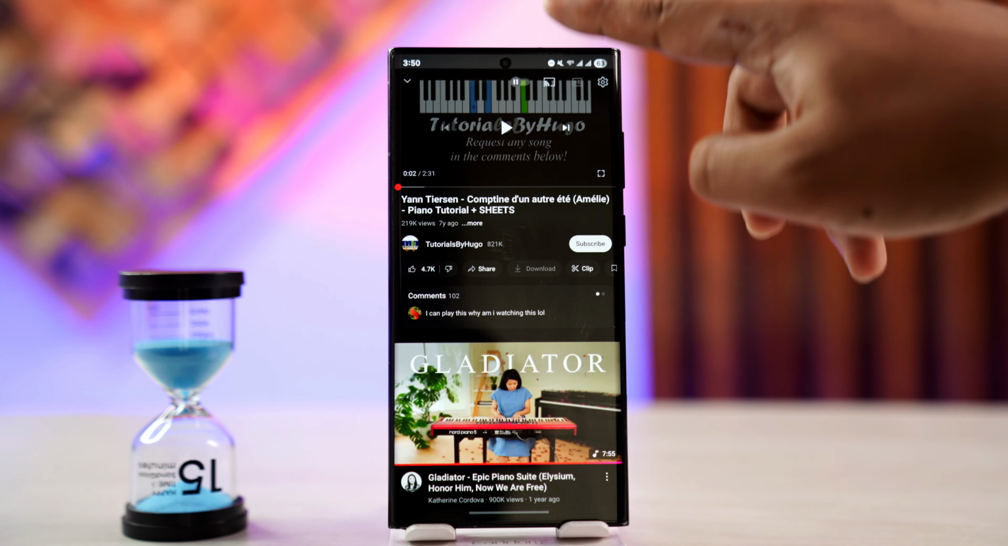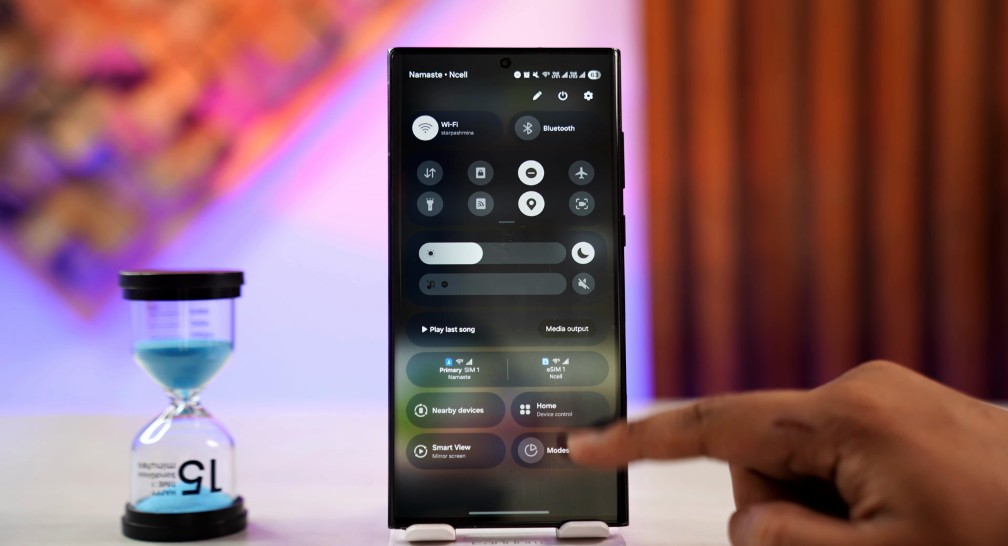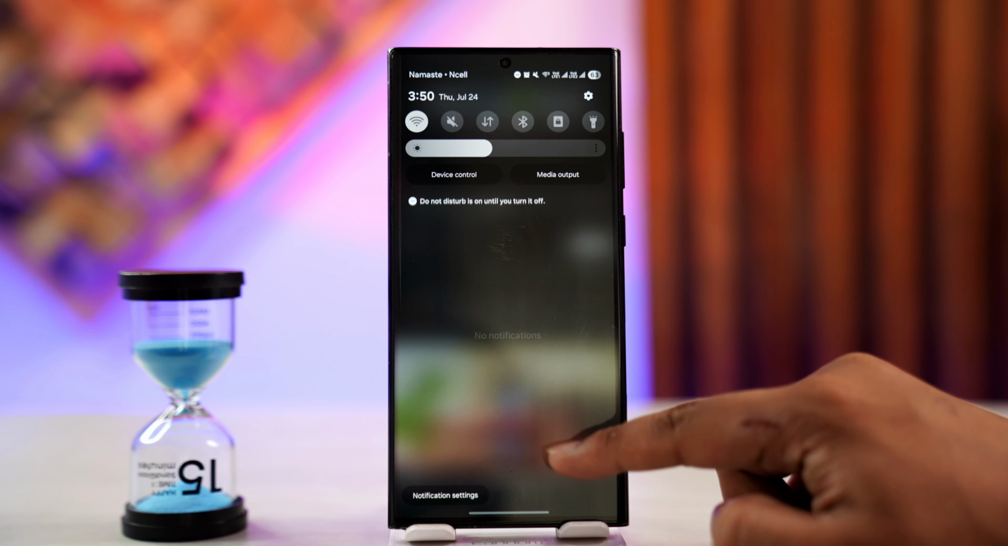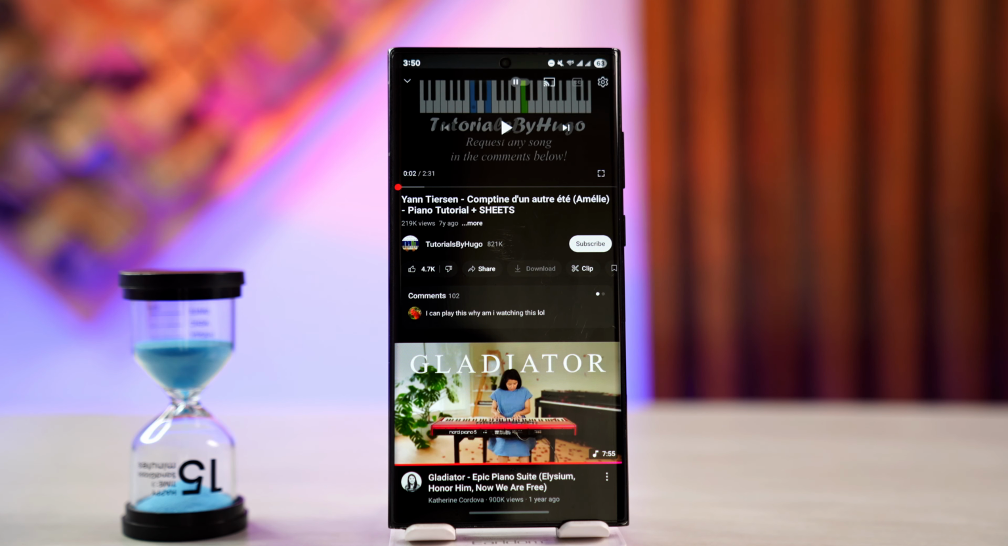The first thing is to simply make sure that you're connected to a stable internet connection. If you're using Wi-Fi, try to switch to cellular data or vice versa and see if that actually helps you